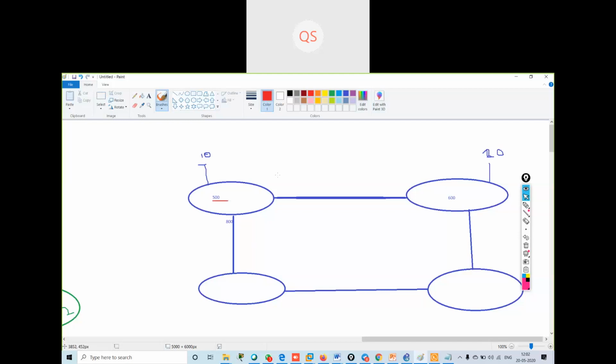This is the one path. If I go via this way, my AS path information will be something like this: 500, comma I. But if I go via this way, this 800 would be over here.